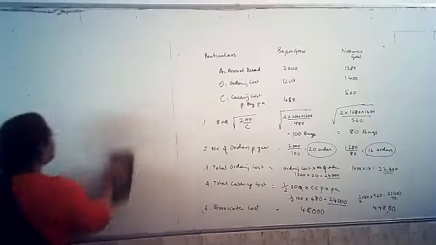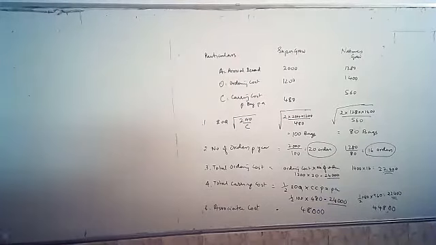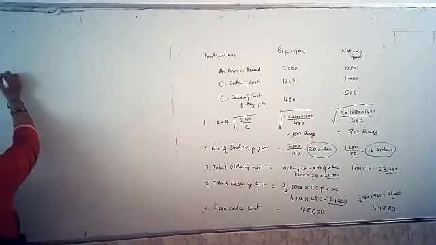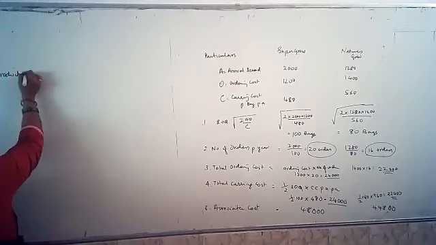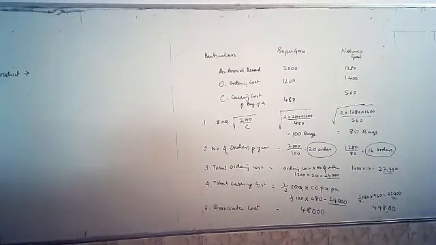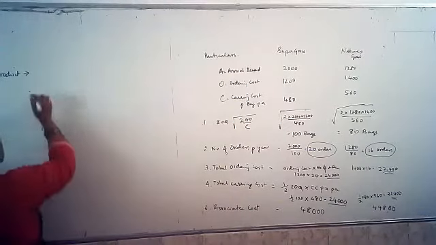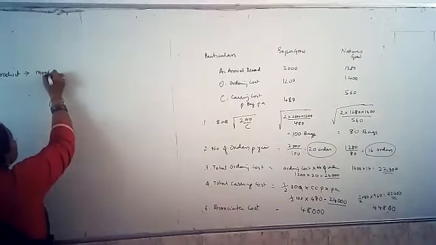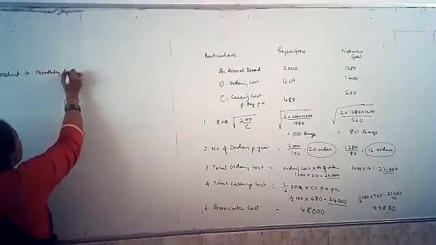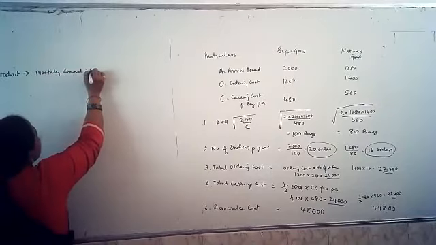When you have some questions in your mind, the best thing is to read it. Read the question and write down. So PQR Limited produces a product. So they produce a particular product. How much product do they manufacture in one year? Monthly demand is 52,000. So product monthly demand is equal to 52,000.